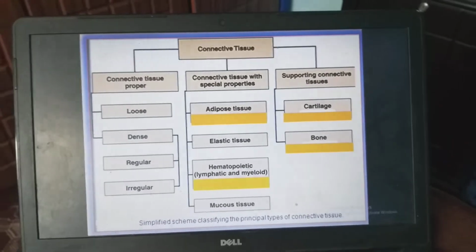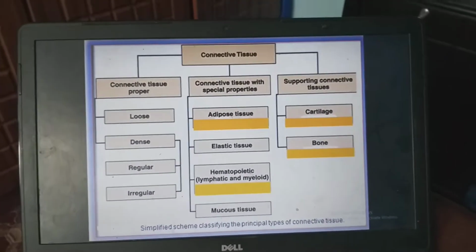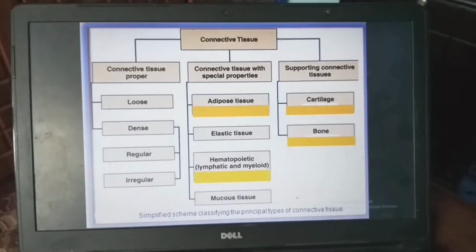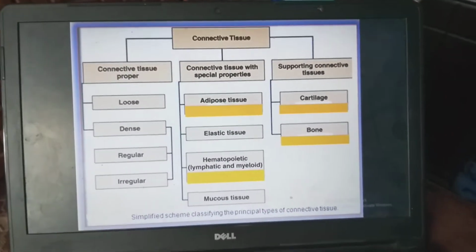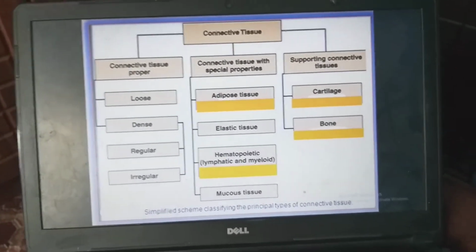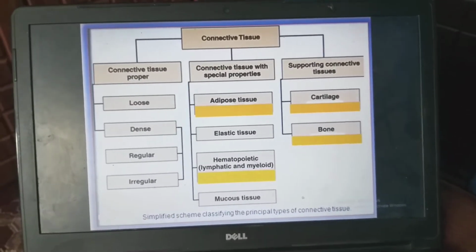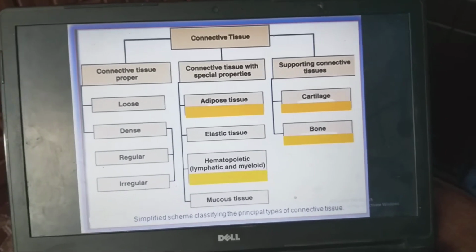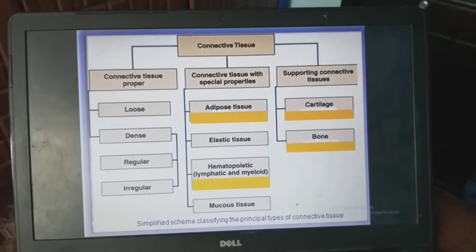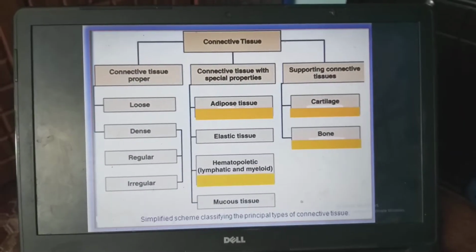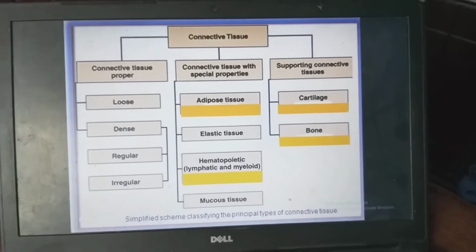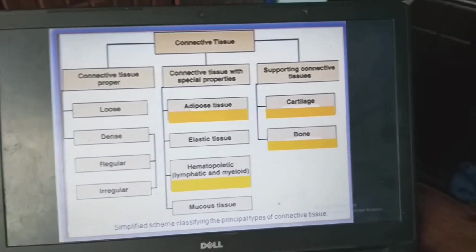The other is connective tissue types. There are major connective tissue types: connective tissue proper, special connective tissue, and supportive connective tissue. Connective tissue proper means loose connective tissue and dense connective tissue. Loose connective tissue has less amount of fibers. Dense means the density is high, more fibers are there. More fibers means less amount of cells and less amount of ground substance. But in loose connective tissue, don't forget, more cells, more ground substance, but